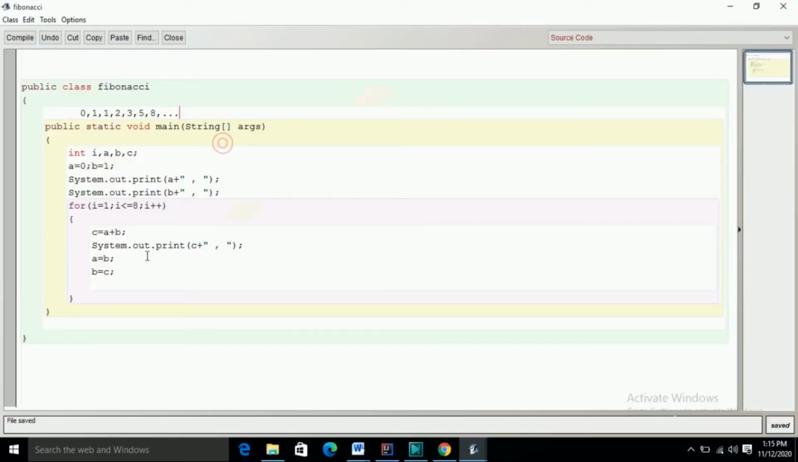okay, just opening this, I have to delete. Okay, I'll compile this program,